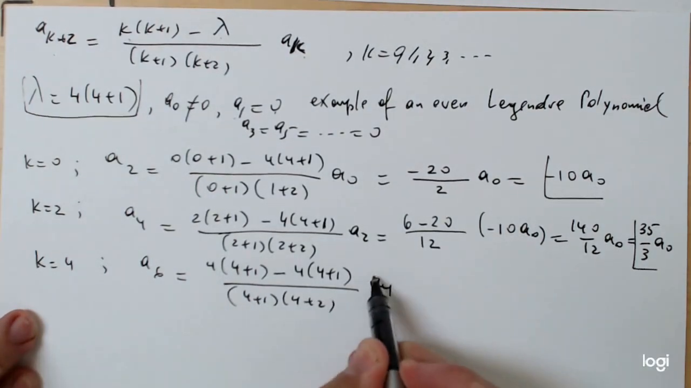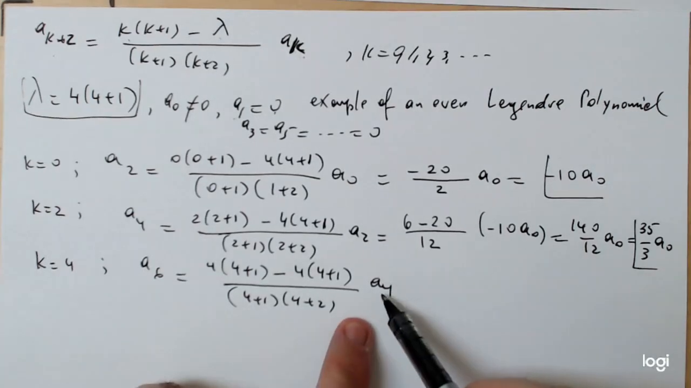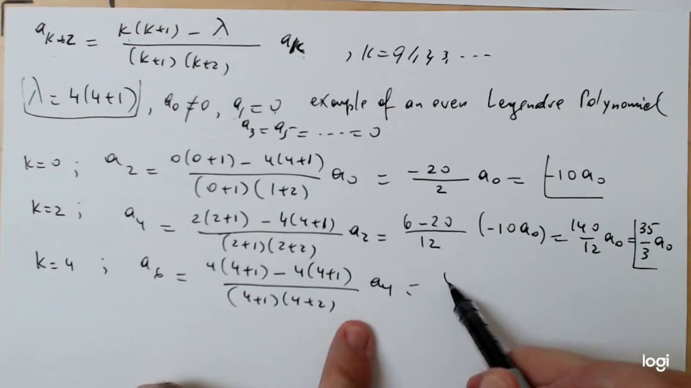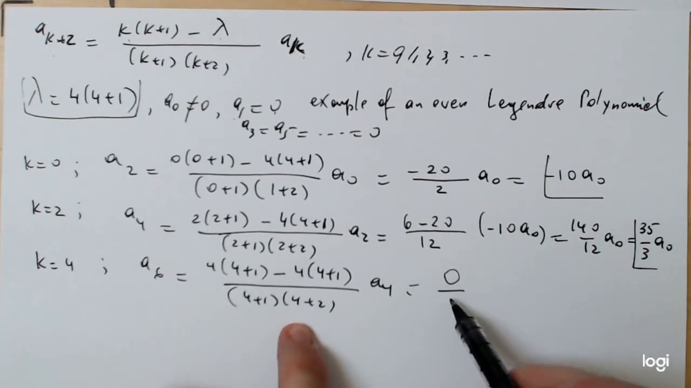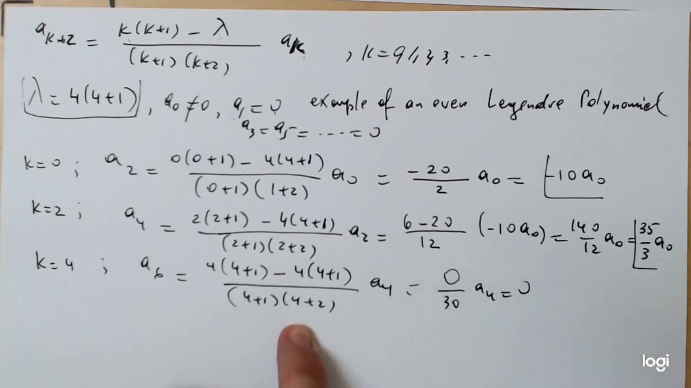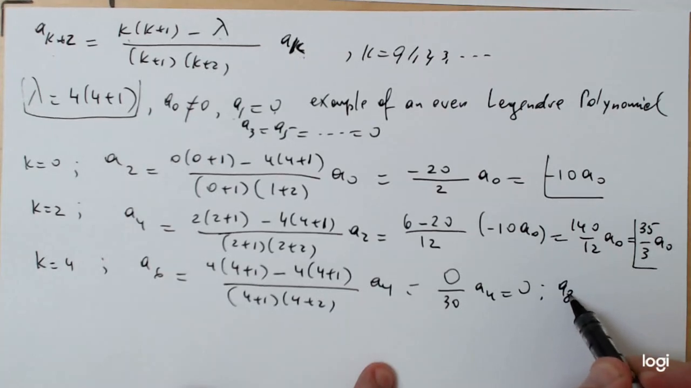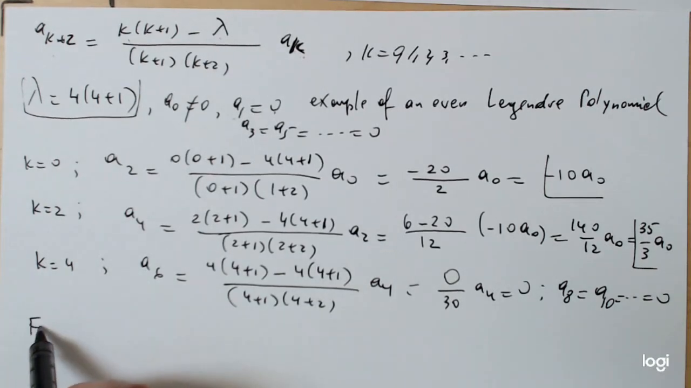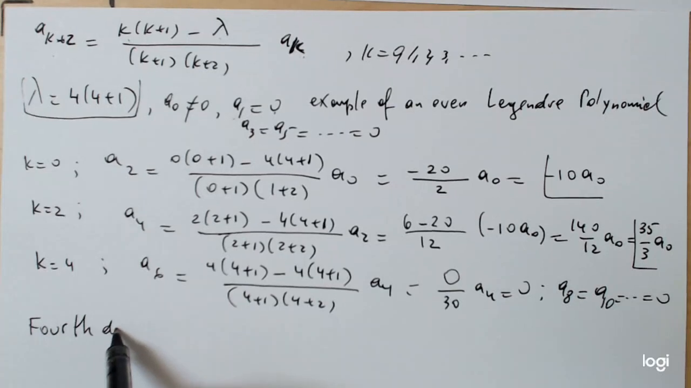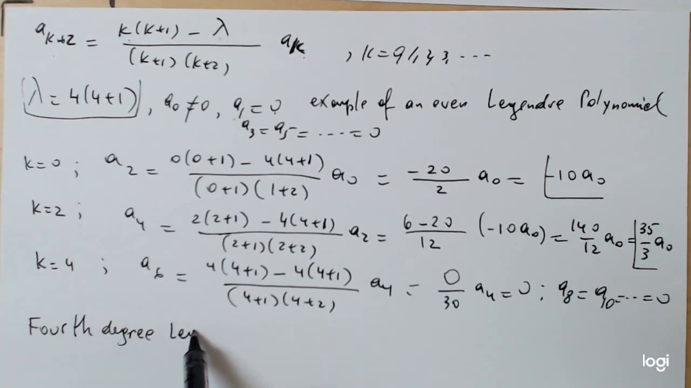And this is a4. So I'm not going to even bother to plug in what a4 is, because on the top you have 0 over 5 times 6 times 3 0, a4. That means it's 0. And automatically from this point on, a8, a10, and so on, all of the rest of the coefficients, the even coefficients, will be 0 as well. So that means the 4th degree Legendre polynomial,